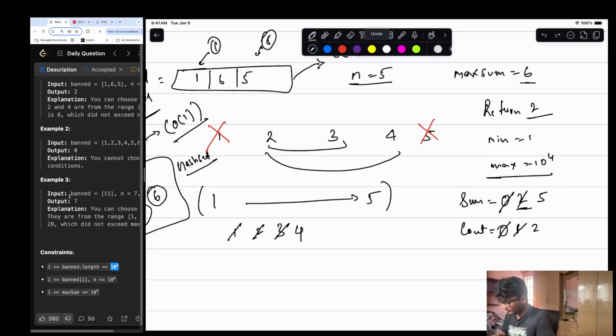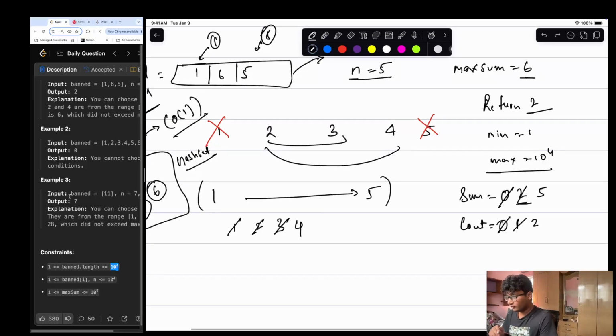So same thing, if 2 plus 3 is less than 6, which is 2 plus 3 is 5, it is less than 6, then I can add it to my sum and increment the count. Okay, now is 4 plus 5 less than 6? 4 plus 5 gives you 9, that is not less than 6, right? That's not less than 6. So I have found the count of elements